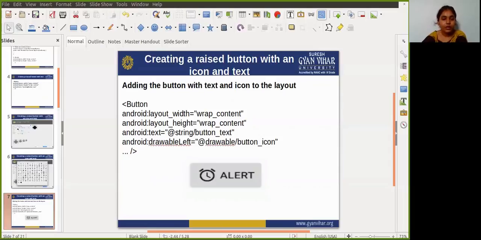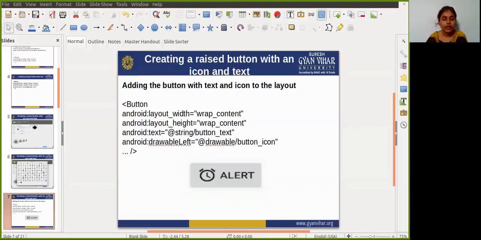For this you need to write some code. Firstly, call the Button element, in which you add attributes like layout width, layout height, and what text you want to show, and drawableLeft, which is used for placing the button icon. As you can see, guys, a button appears here in which Alert is written.